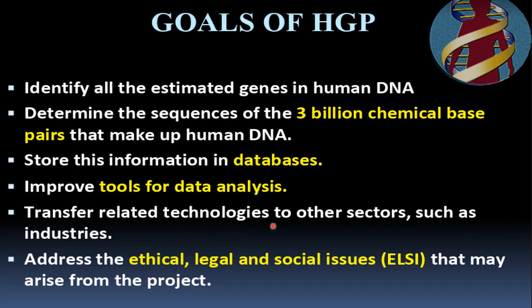Transfer related technologies to other sectors such as industries, because some industries can use it for the formation of some medicines, or for other research projects. So this information of the Human Genome Project must be transferred to other sectors like research industries and